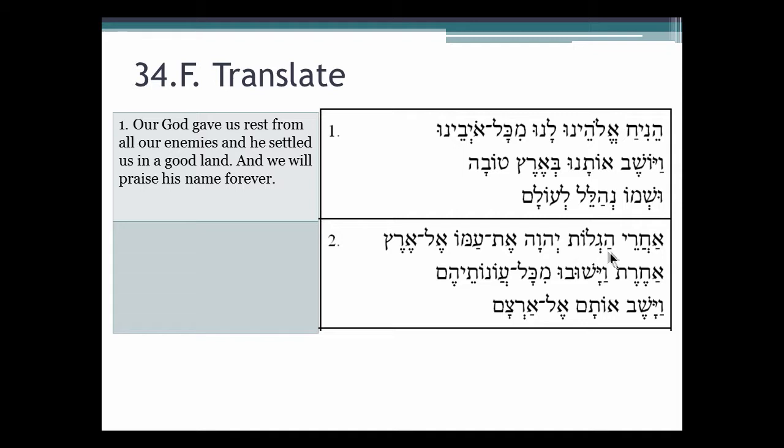exiled. Exiled. Again, this is the verb gala in the Hifil, which means to send into exile. Remember that from your vocabulary. This is tough because you've got preposition, infinitive construct, subject. It's just that they're all detached, so that's what makes it harder. So after the Lord exiled et amo, his people, to Eretz acheret, a land another, to another land,